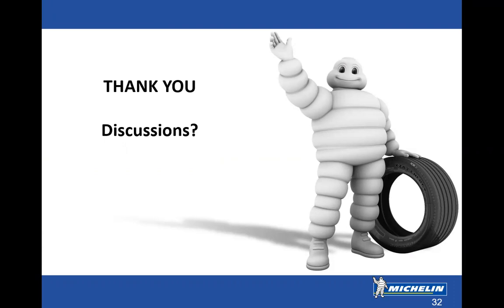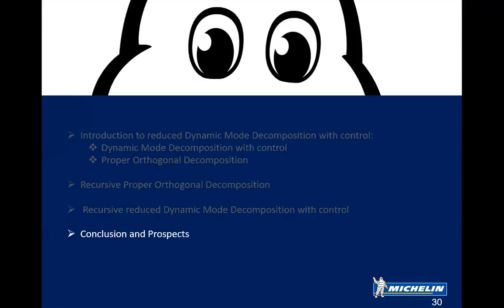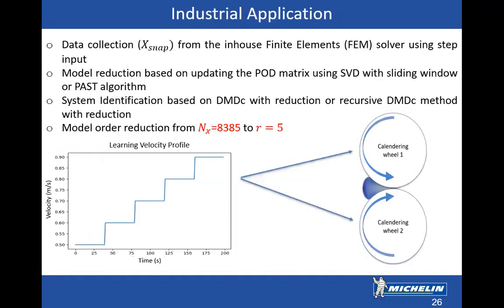Yeah, go ahead. How come the offline method is less performant than the recursive one? Yeah. I guess it's because there is the weighting in the recursive one and not in the offline one. Mainly because in the offline method, for example in the steps here, we're taking everything together, all the data together. Meanwhile, in the recursive one, we are concentrating on the most recent data and just the ones before. So we're not taking the whole stack.